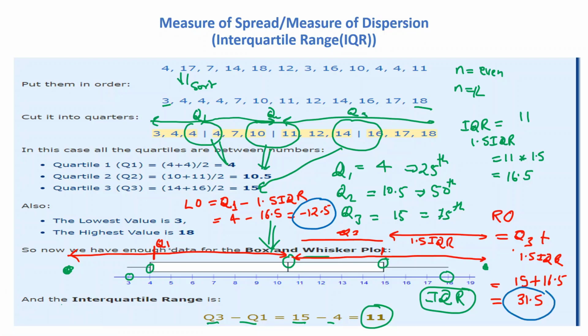31.5. Q1 is a positive value here, but if it were negative, we would need to calculate negative minus negative, so we need to take care of this particular thing. It is positive till here, because we are not using the 0, since it is coming after the 0, so that's why we are using the positive value. Otherwise it would be negative, and Q1 minus 1.5 IQR would be a total addition of that. Otherwise we need to subtract 1.5 IQR from this particular 4, and it is coming to minus 12.5.